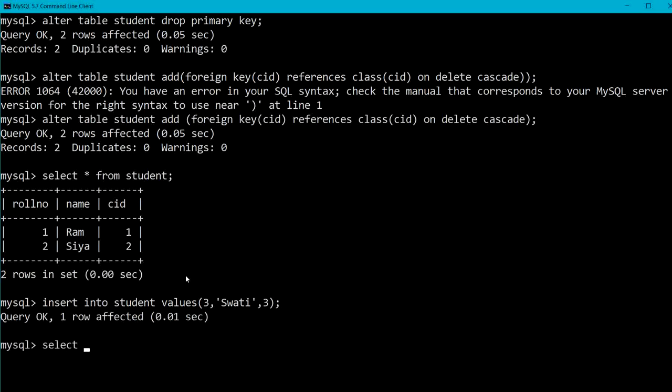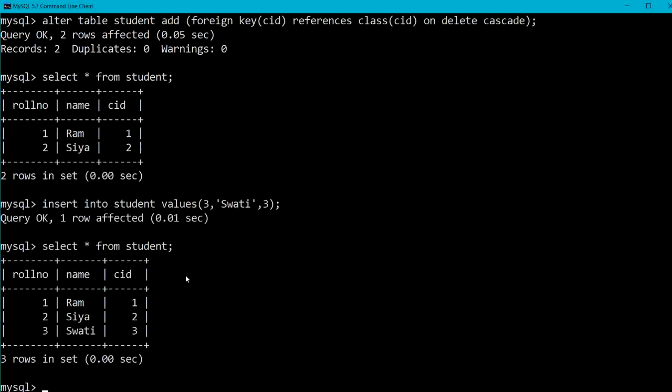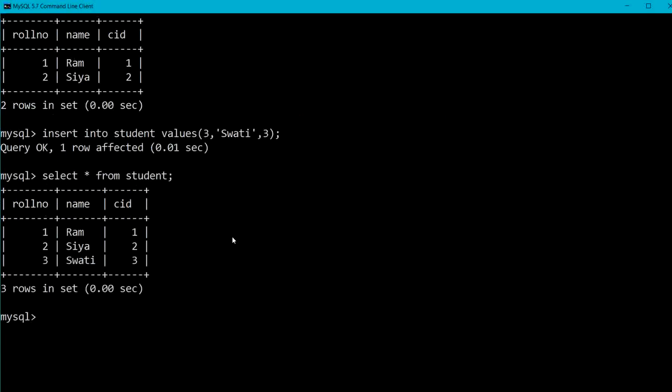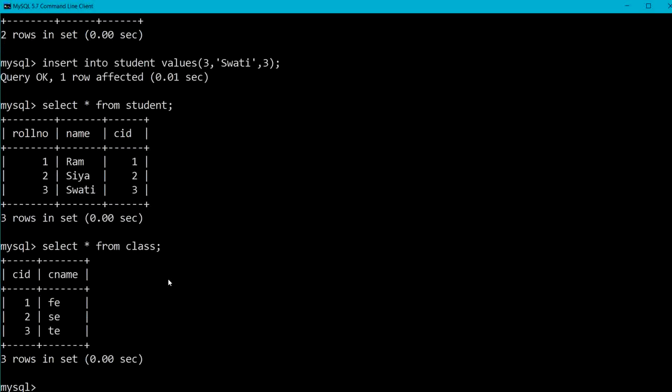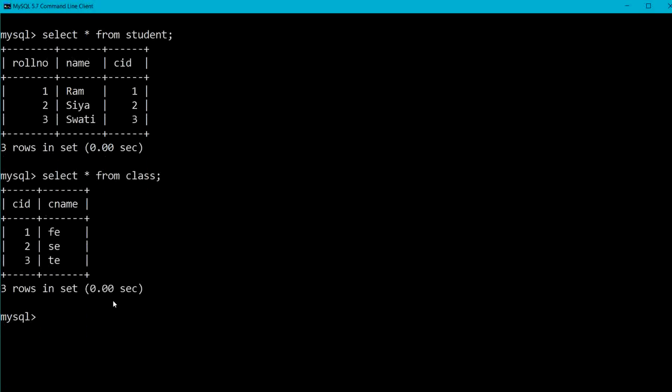Now let me again select all the values from the student table. So here I have got class ID 1, 2, 3 respectively. Now let me check all the values from the parent table class. Okay, so here also we have 1, 2, 3.